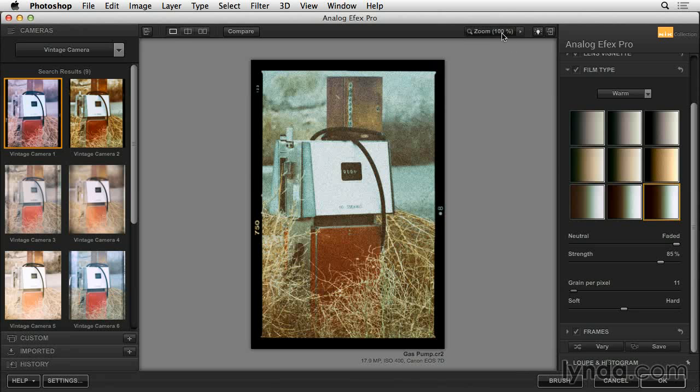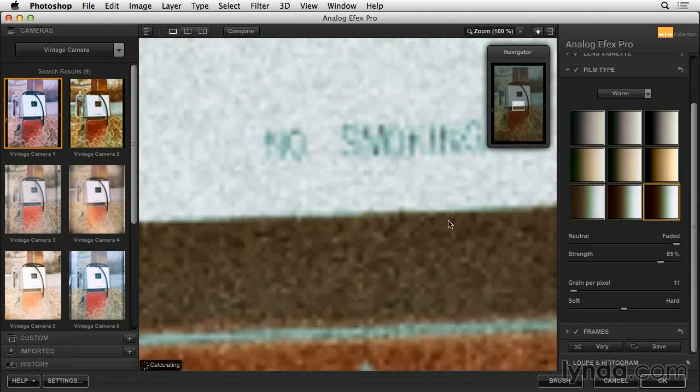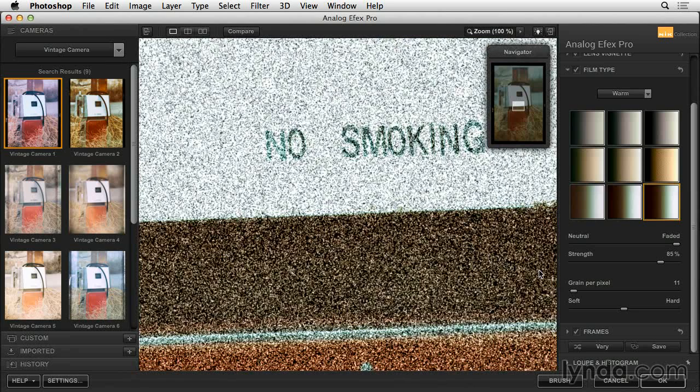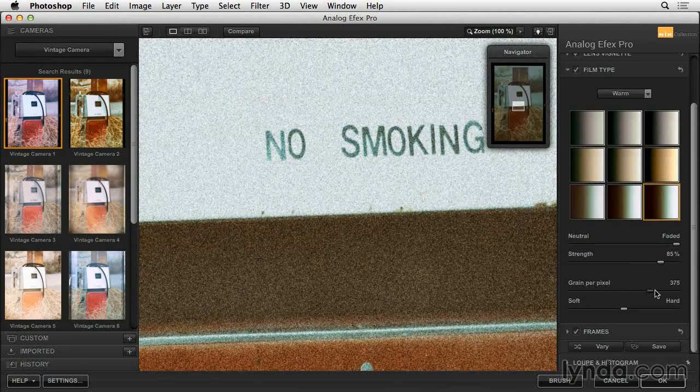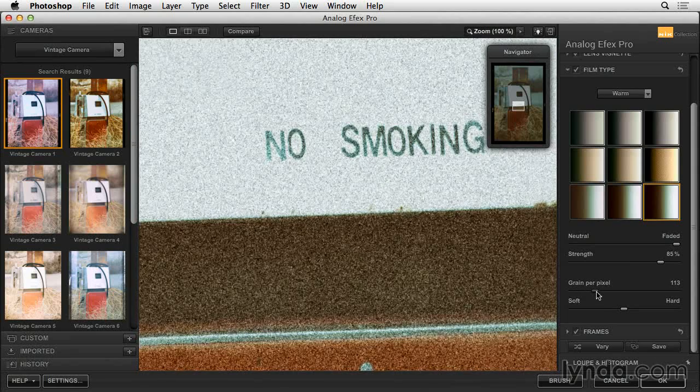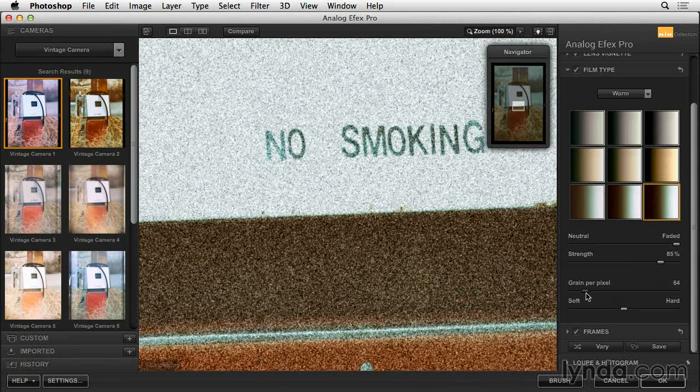I'll go ahead and zoom in to a 100% setting here, and then you'll see that we have a very strong effect applied because I've reduced the value for grain per pixel. I'll go ahead and increase the value, and you can see that that grain starts to fade away because we're getting a smaller and smaller grain structure as we increase the value. I'll go ahead and exaggerate the effect again, though,